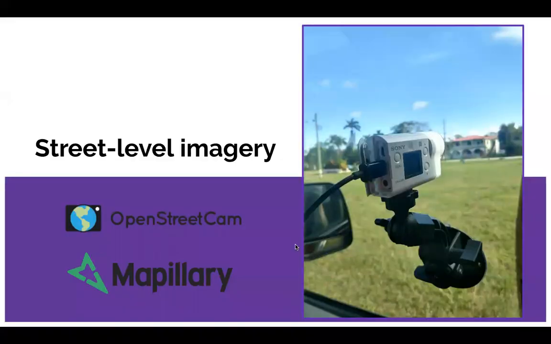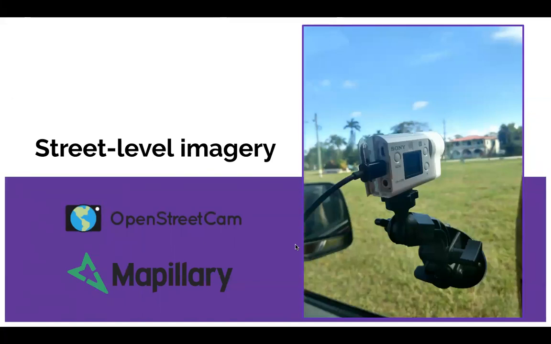So one of the tools that we introduced that we're excited about is street level imagery collection. A number of years ago, Google introduced us to this concept where they sent out cars equipped with fancy camera rigs and collected 360-degree views of a lot of cities and towns. And you could go places you hadn't been before and see what it looked like if you were driving or walking in that area. Since then, a number of projects have emerged that allow people to collect their own street level imagery and upload it to a platform and share it and use it in new and interesting ways beyond just viewing it in the web browser.